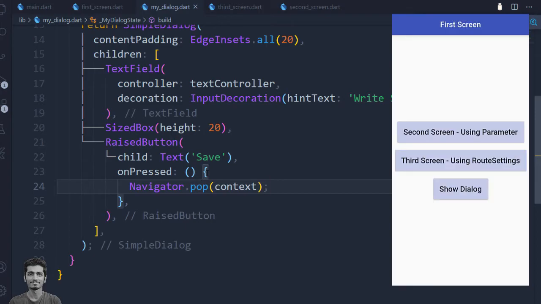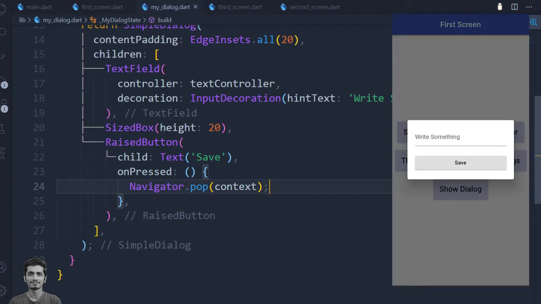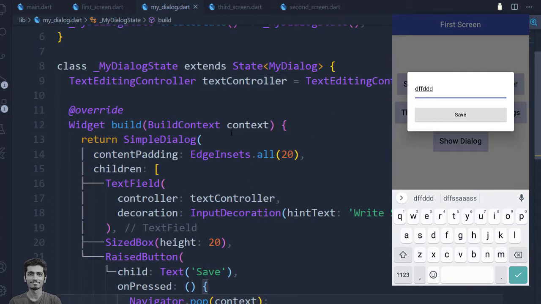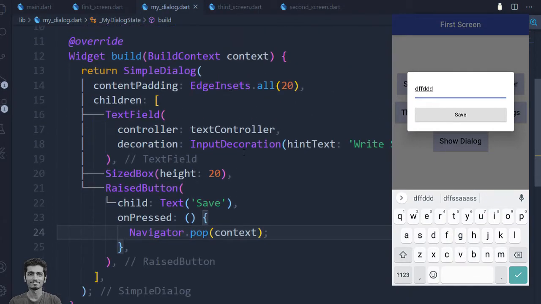I will press the show dialog again and you can see I can write any text inside the text field. Now let's try to pass that text to the first screen. For that purpose, we have to use this TextEditingController and we will get the text value by typing the textEditingController.text. Let's print that text value on the onPressed.